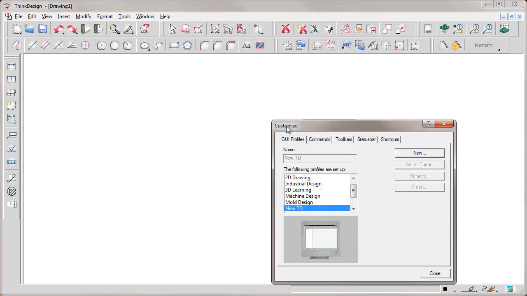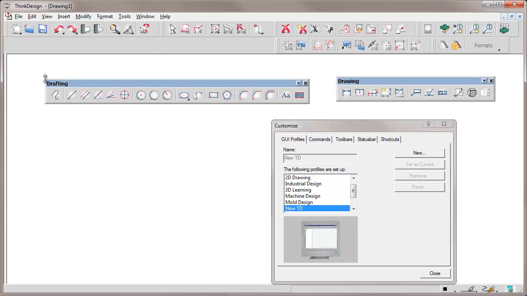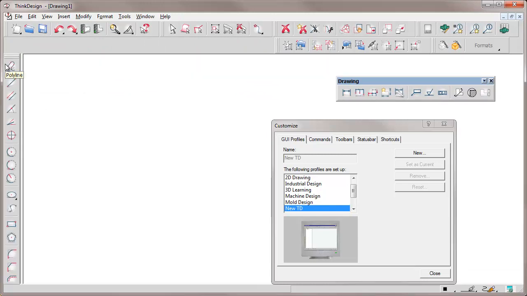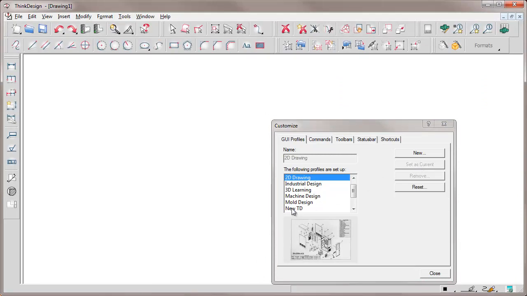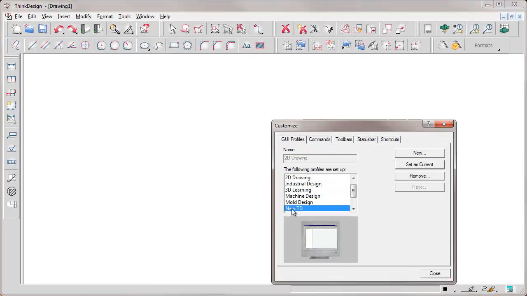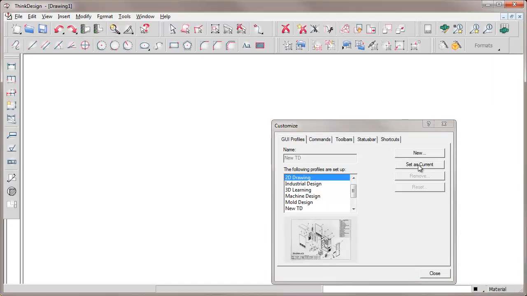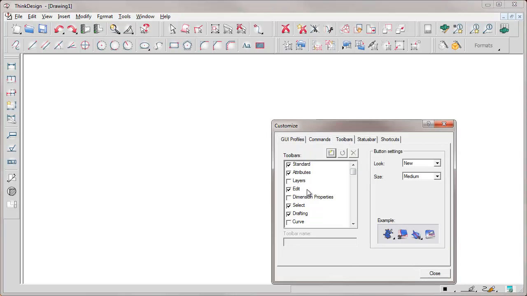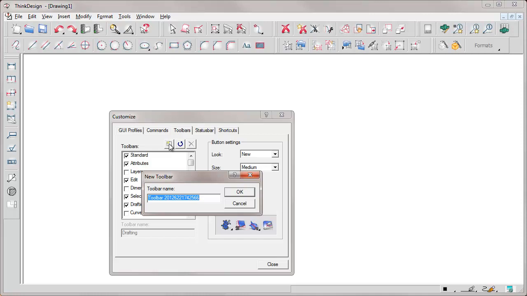First of all, let's change the arrangement of the toolbars for this new GUI profile. We can place the toolbars either in the graphics area environment or allocate them to the left or in the top area. If now we activate the other profiles, we notice that the arrangement actually changes depending on what we are selecting. As for toolbars, on the other hand, we notice we can activate or deactivate toolbars simply by going to this pane. In addition, we can go and create a new empty toolbar, originally empty.